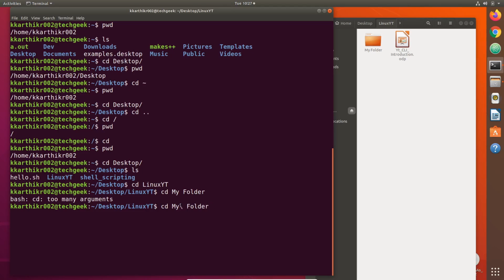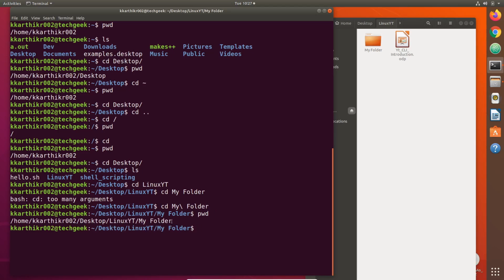What it does is it lets the space escape, meaning it makes this whole thing one argument. Let's go ahead and run it. If you see our present working directory, we are now in my folder. Let's go back and see another way to do this.